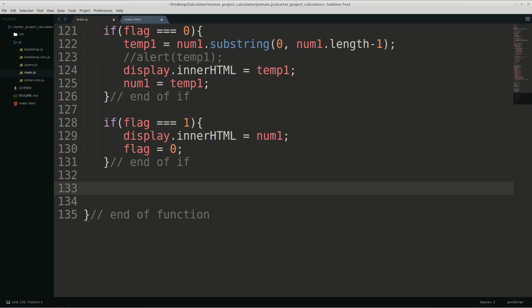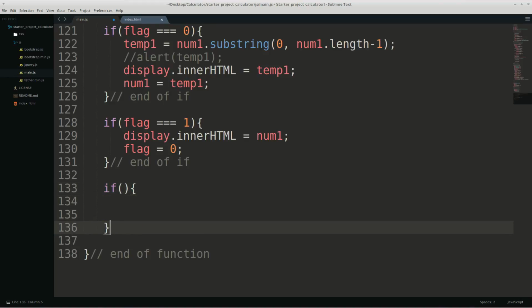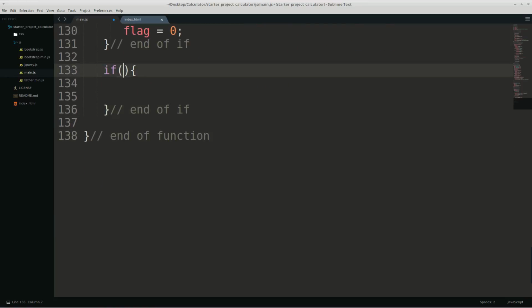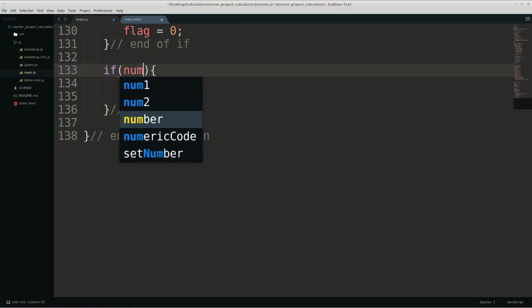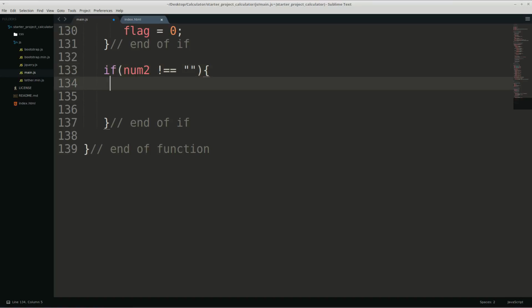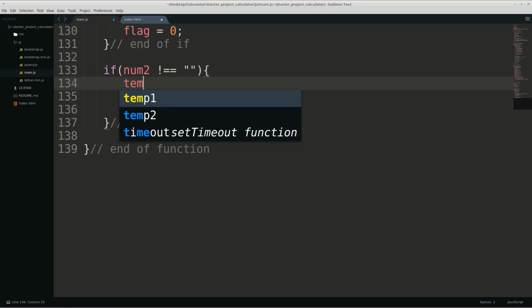And now we'll be using the strict inequality operator. So set up an if conditional statement like so. And the condition is if num2 is not strictly equal to an empty string. Now remember, so far we've been using this in the context of if something is an empty string, then do this. In this case, we want to reverse conditions. So if num2 is not an empty string, that is, it has one or more characters, then type in the code to execute, which is